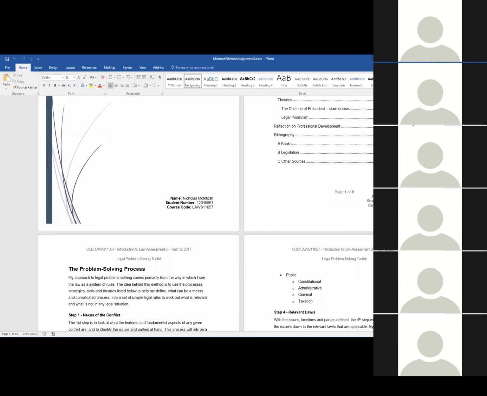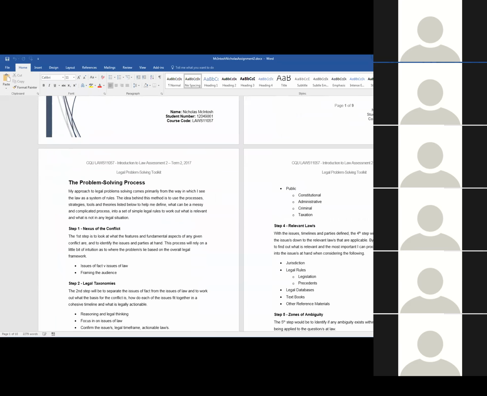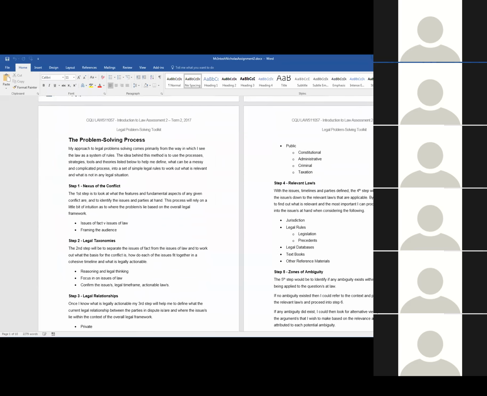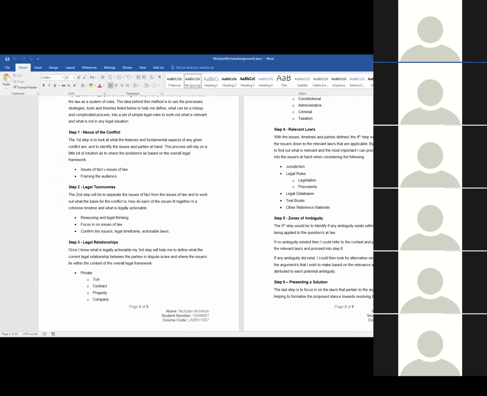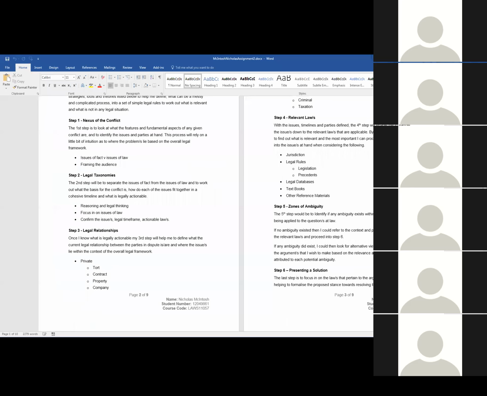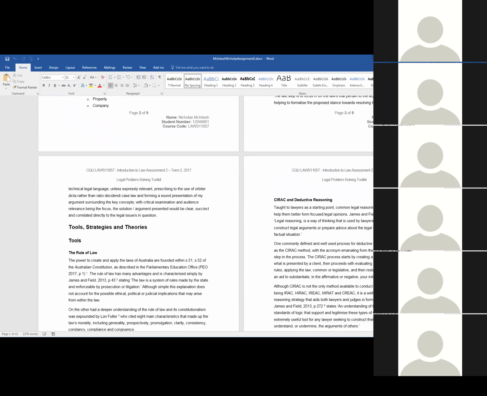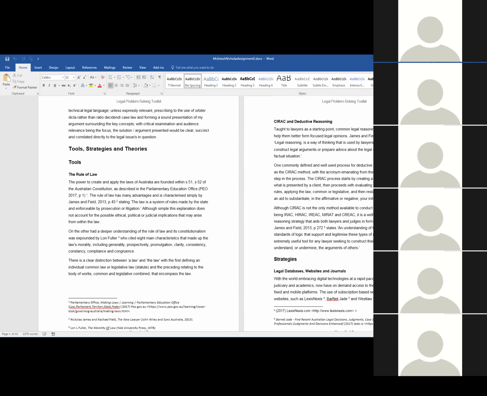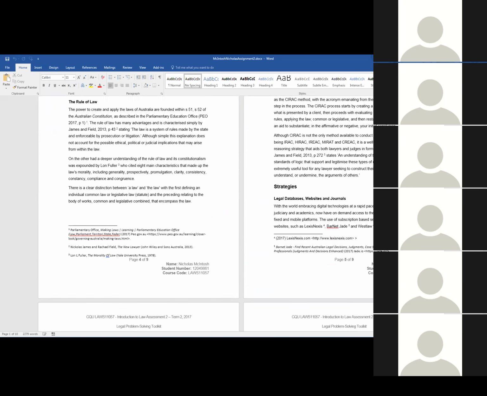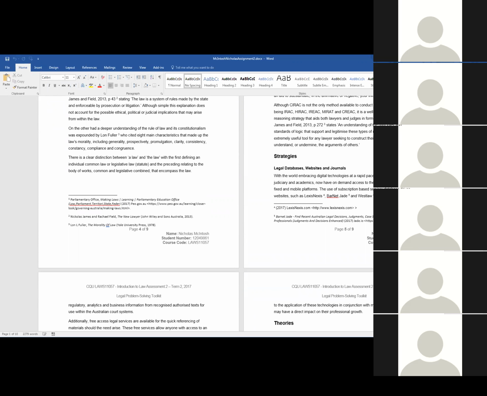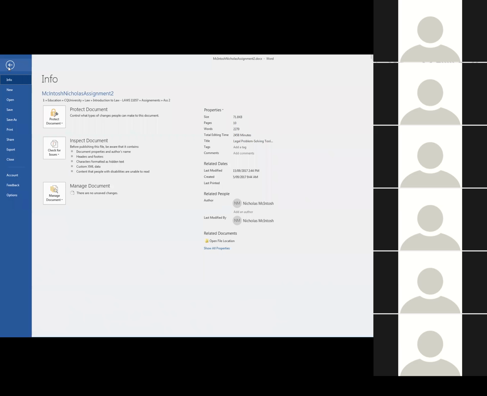So what we're doing is we're just looking at Nicholas's work, and I've got to say it's good work. Now you'll see that there's no red, blue, green, or anything else prompting. Now, while you've got that document there, could I ask you to stop when you're ready, Nicholas? Now, if you could go up to File, top left-hand corner. Click on that one. Now go down to Options.